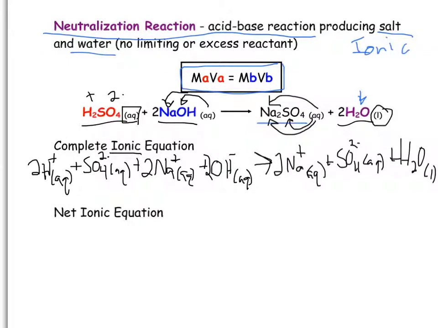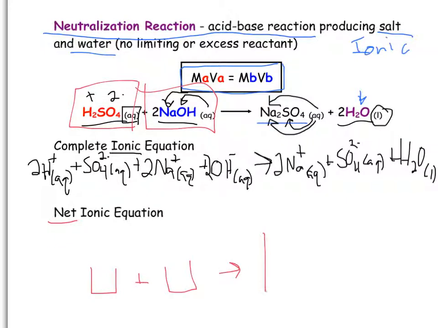And when we go through and do a net ionic equation, net means showing the overall change in the reaction. So what changed when we reacted our sulfuric acid and our sodium hydroxide? Before, they were in 2 separate beakers, and now we poured them into 1 giant beaker. So what changed in this beaker? Well, I'm just going to go through and erase these quick, and then we will look at what changed between these. So in our left beaker we had